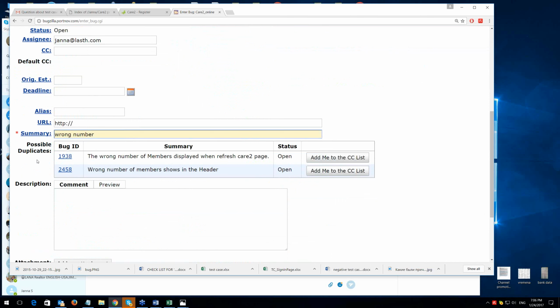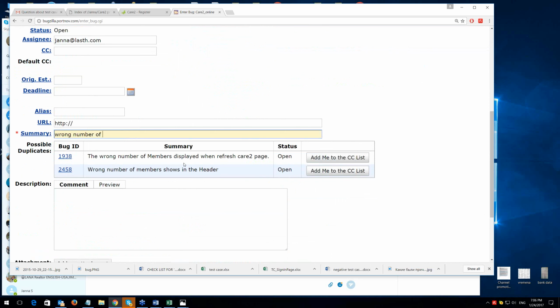It already tells me, hey Janna, the same keywords exist in different bugs. Possible duplicates. Please, before you write the bug, review the bugs, in this case 1938 and 2458. It seems they are probably about the same. Can you imagine how smart and great it is, right?